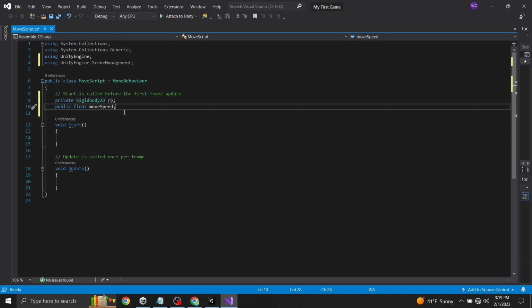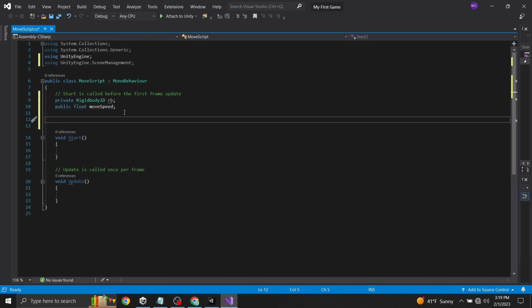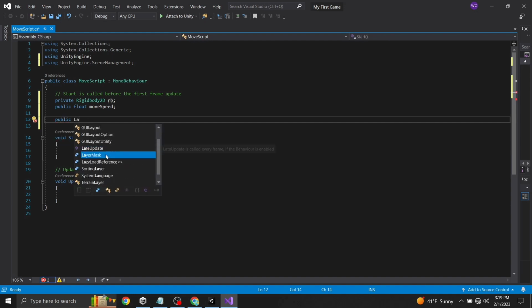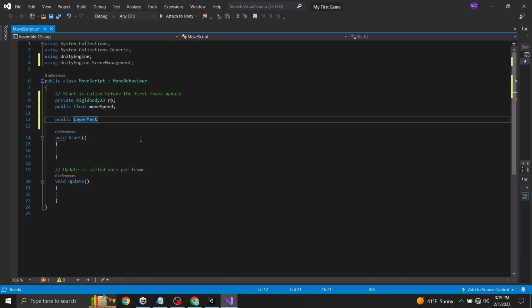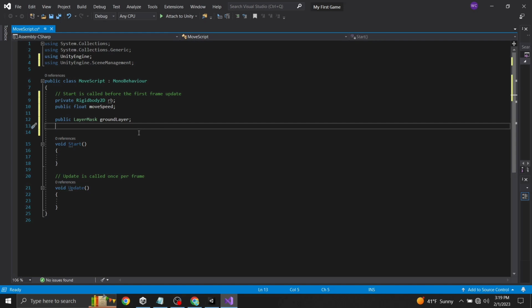Awesome. All right, next we are going to do a public LayerMask ground. We're going to call it groundLayer, semicolon. Go ahead, enter. Now we're also going to add a public bool